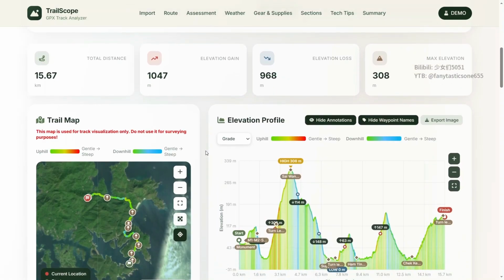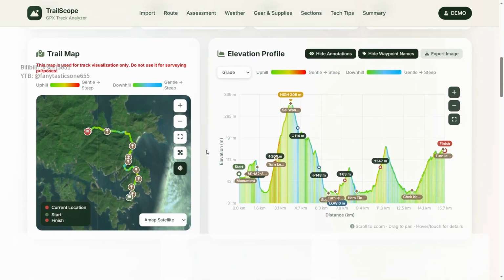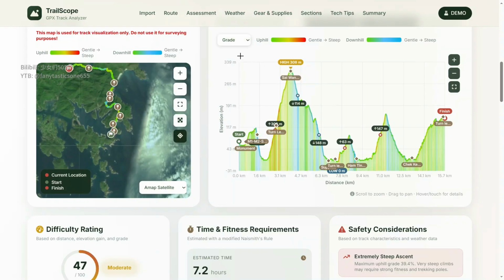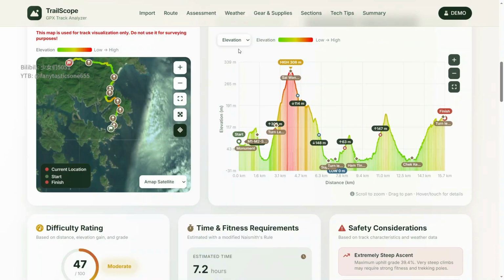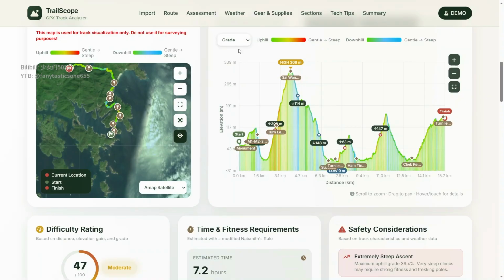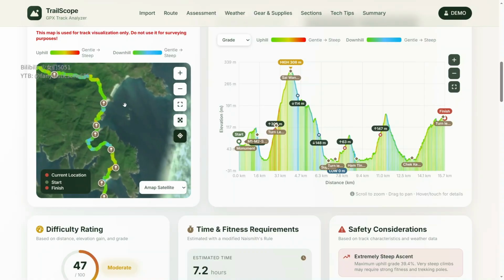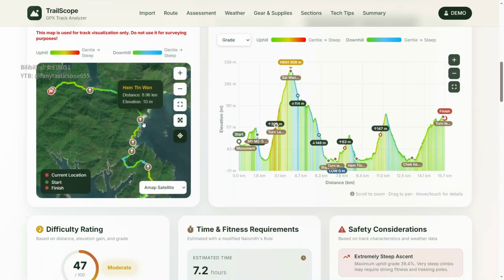First, the interactive map. Choose from multiple map sources. Then visualize your route with color-coded elevation or grade overlays. Steep climbs, sustained grades, and high elevation sections immediately stand out. Your waypoints are displayed directly on the map too. Tap any waypoint to check distance, elevation, and details for aid stations, viewpoints, water sources, resupply points, or any other